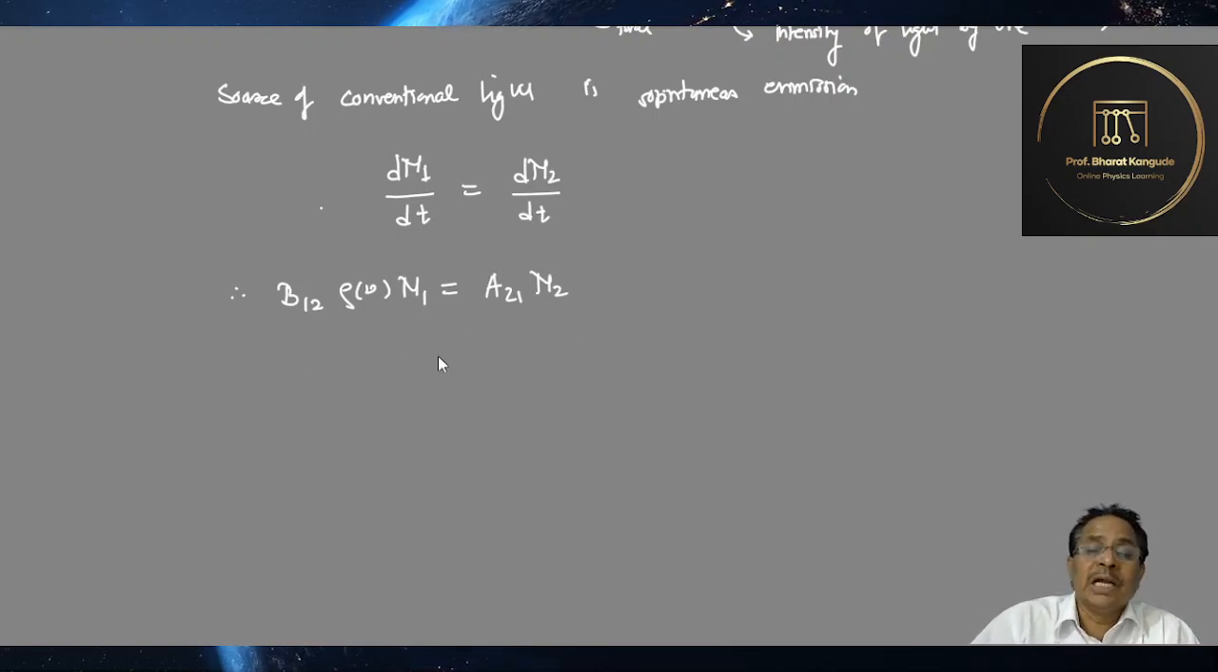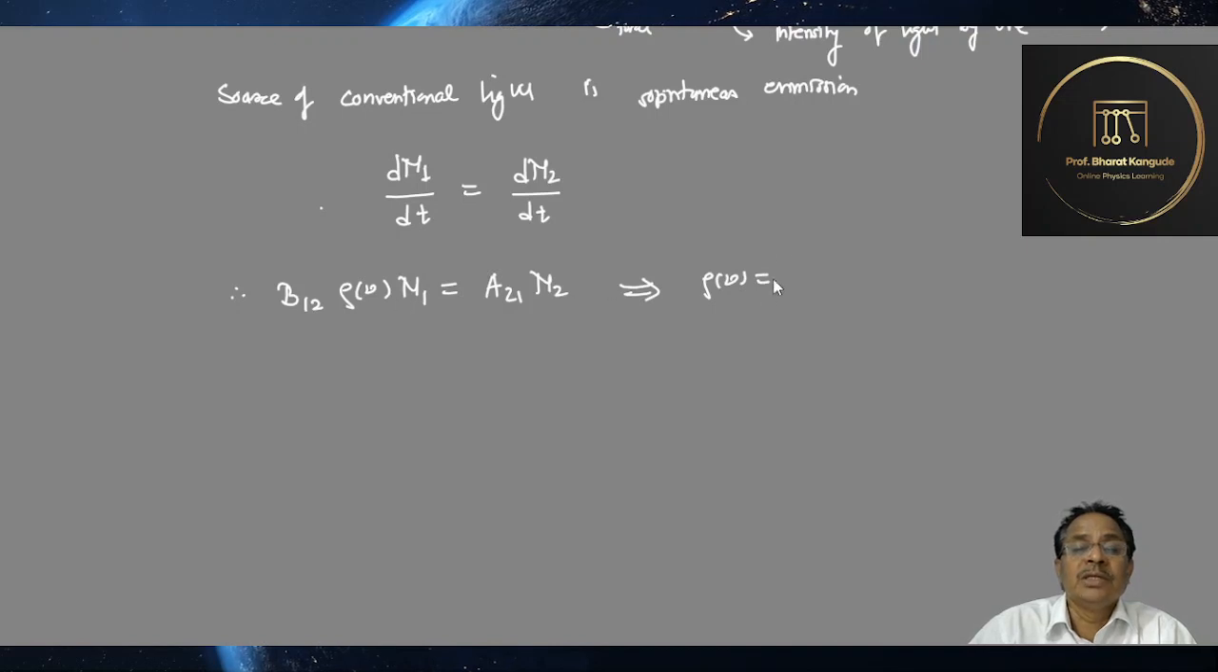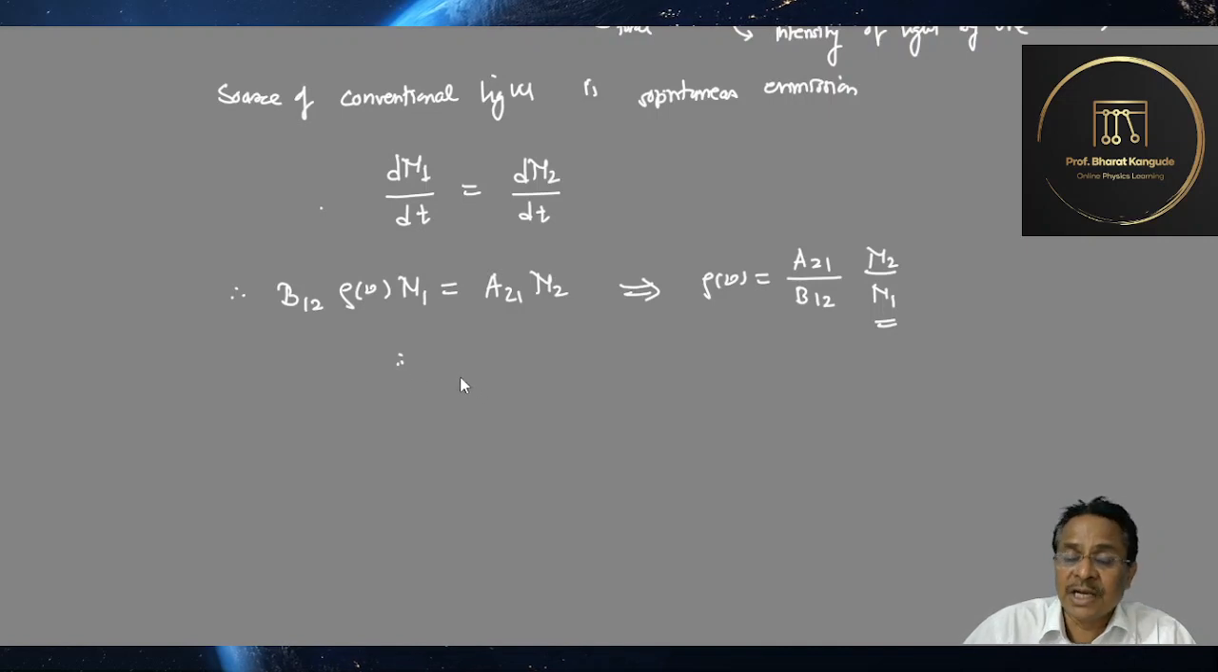B12 is the Einstein coefficient for induced absorption, and therefore from that I can write a very simple relationship: rho nu is equal to A21 divided by B12. Try to understand this relationship, and it is multiplied by N2 upon N1. Earlier we have seen that N2 upon N1 is the relative population of state 2 to state 1, and in the earlier session it is given by e raised to minus